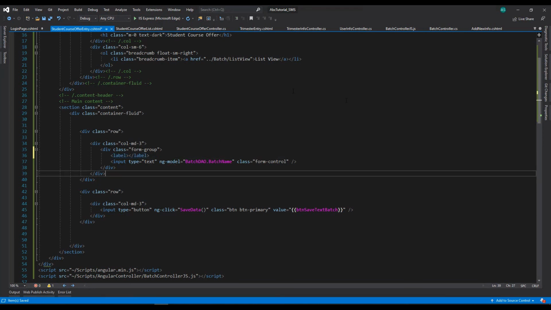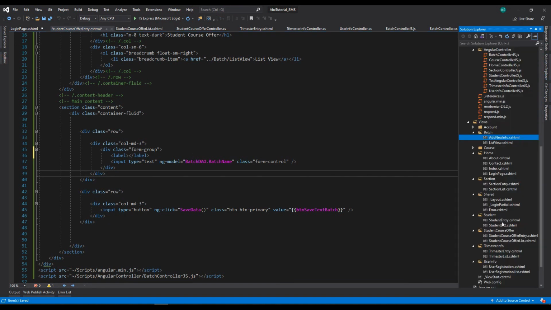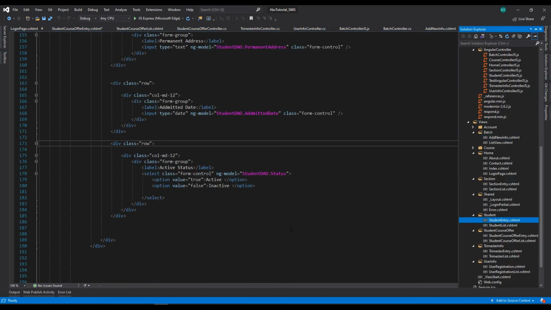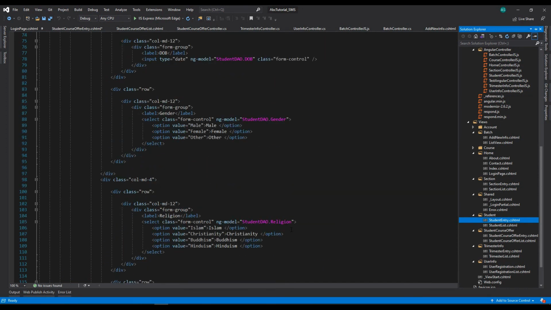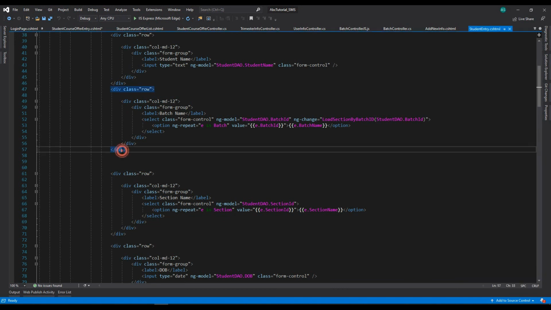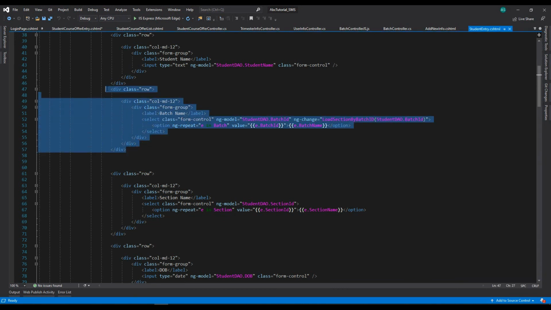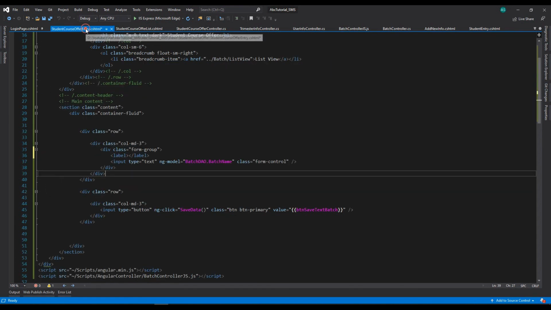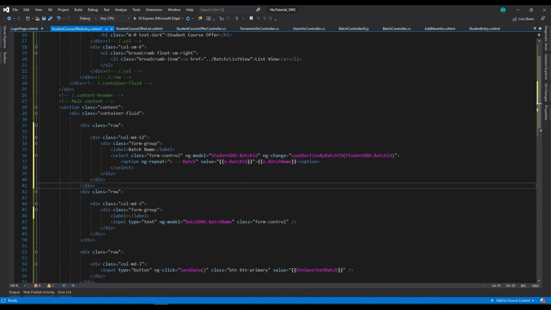So from the student entry page, just copy this div and paste it here. Okay, and change the